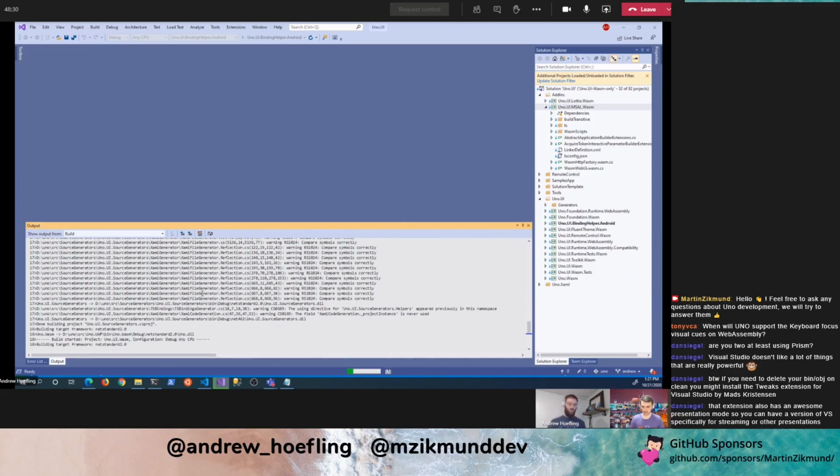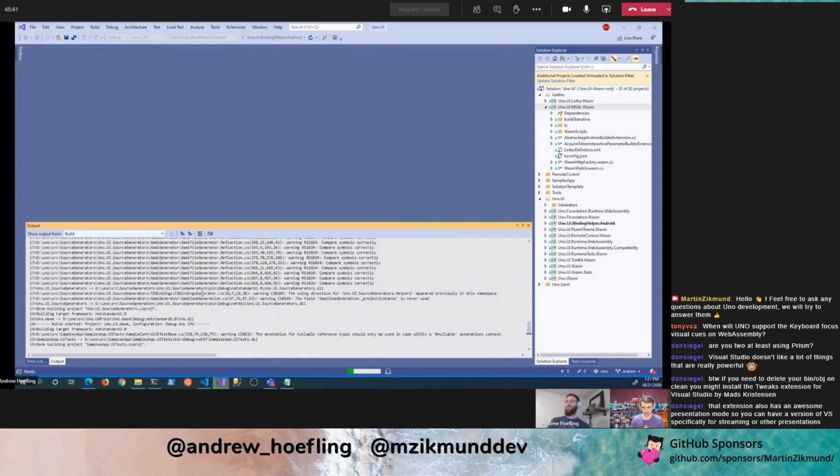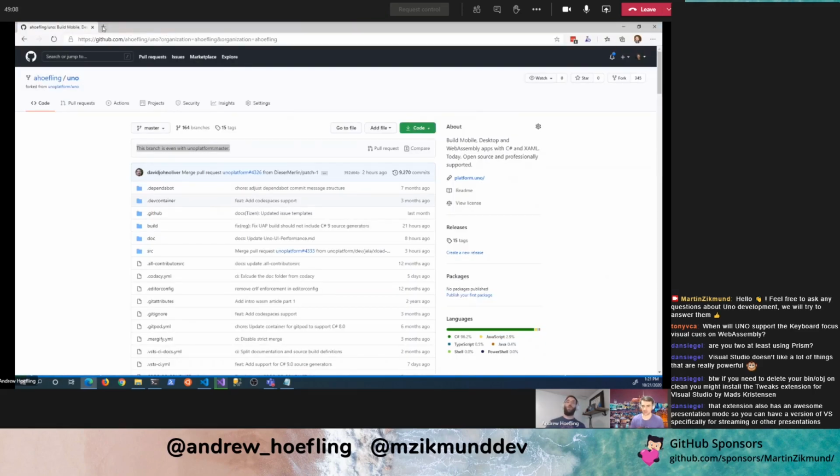That's not yet there, but that's a good idea probably, because there's a lot of steps that you need to do before you actually build the .NET Standard, for example, because you have to create the props file and change it to target .NET Standard and so on. So maybe that's something that could be done to make it easier for first timers. But there is a walkthrough for first-time contributors in the docs. If you go to platform.uno, go there and